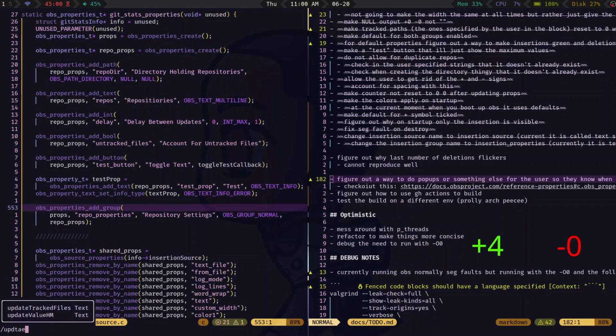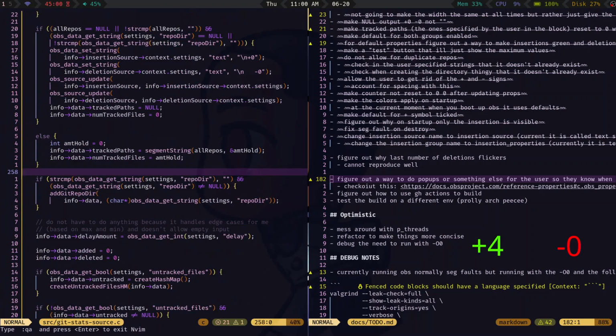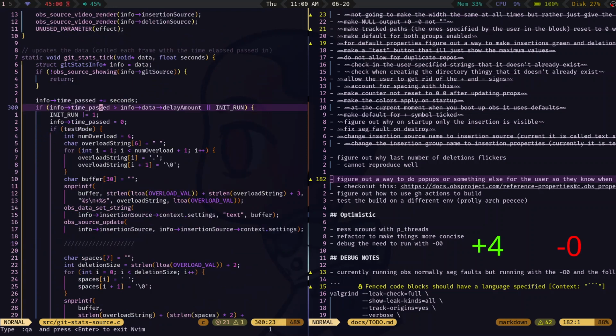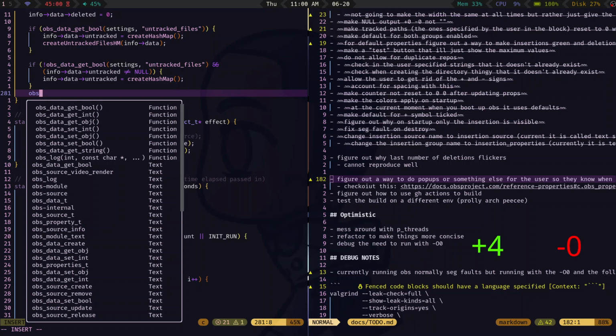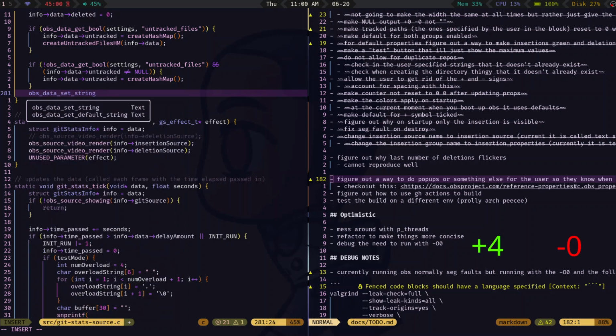And then in updates, we'll set, oops, we'll set this to data set string settings, settings,